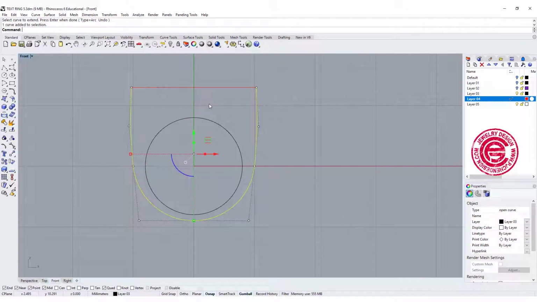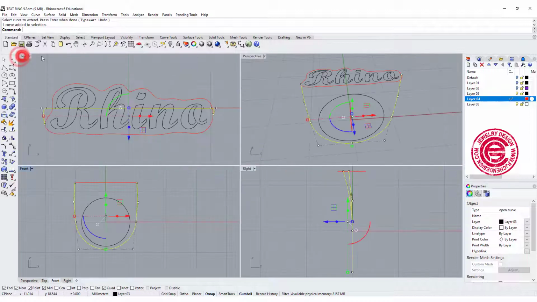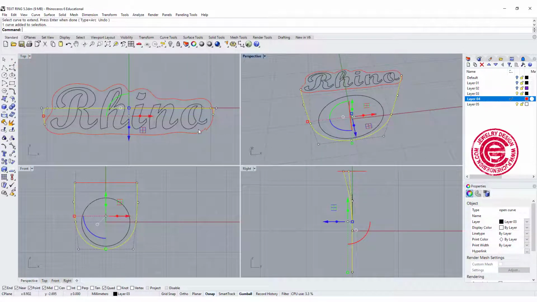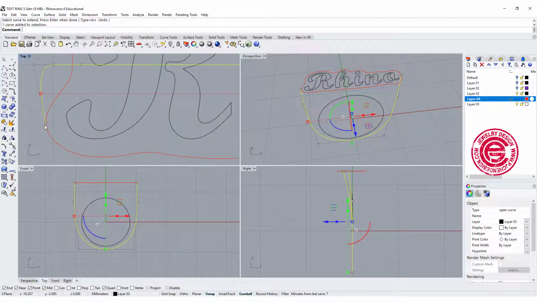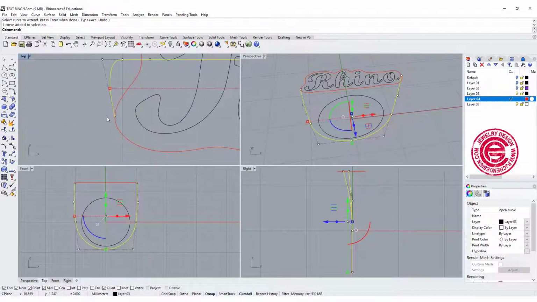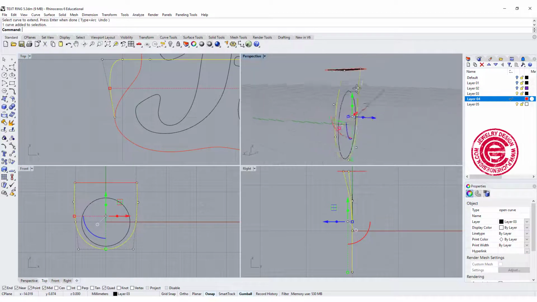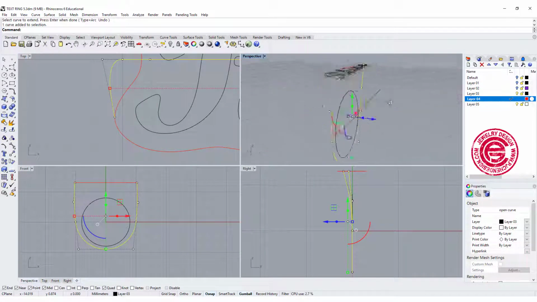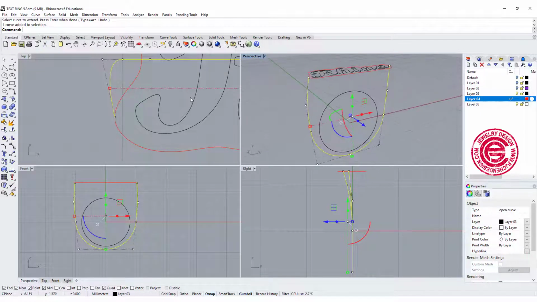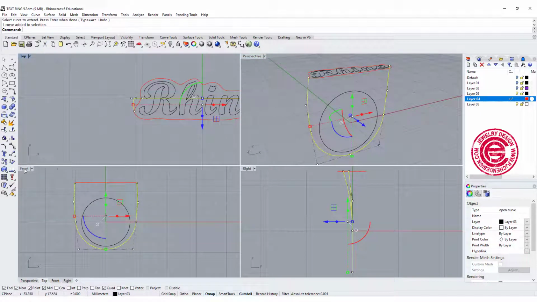We have this curve right there. Let's take a look at all four views. You kind of notice that the end of our curve is actually snapping into this point right there, and that is not exactly on the construction plane, as you can see, and it won't look good when we try to create the surface. So we're coming back to the front view